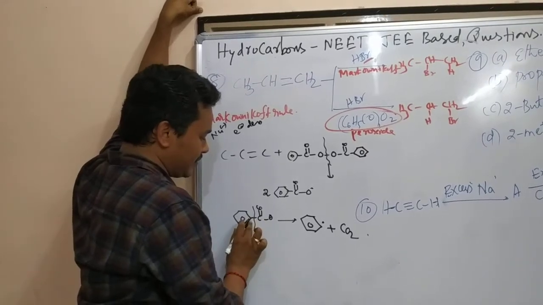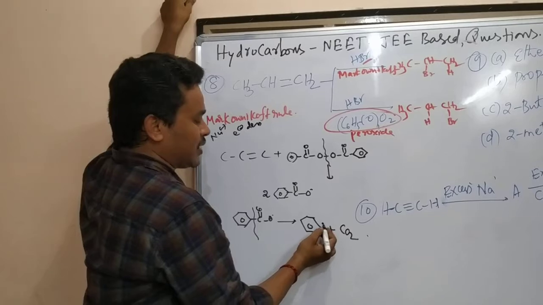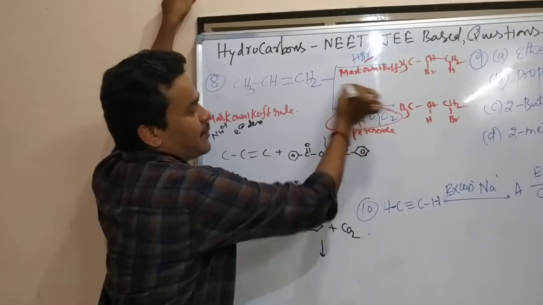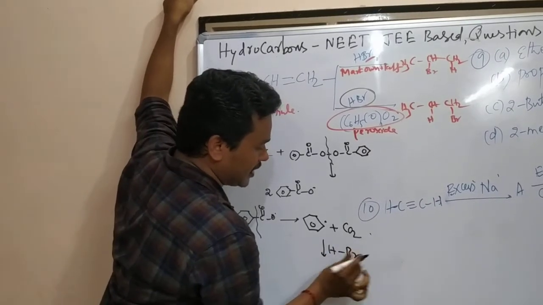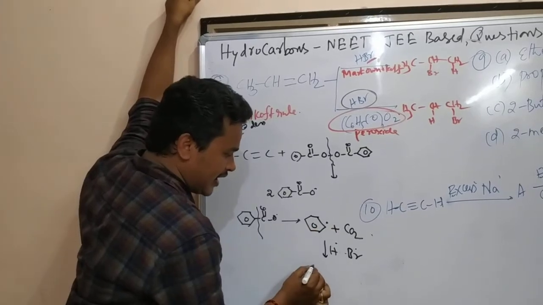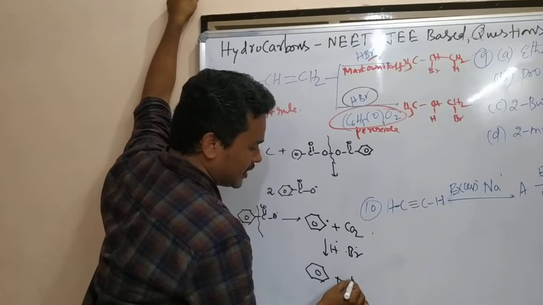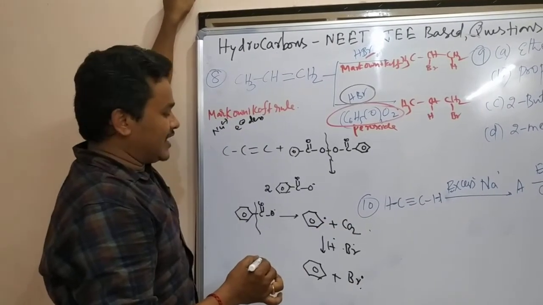Here one radical, here one radical. Already it is a radical now. So that CO2 gas comes out, the phenyl emitting. So now HBr comes into the picture. This HBr, what is that? H radical, Br radical. This phenyl radical takes the H radical, and what is forming? The complete ring forming. Who is waiting outside? The Br radical is generated.